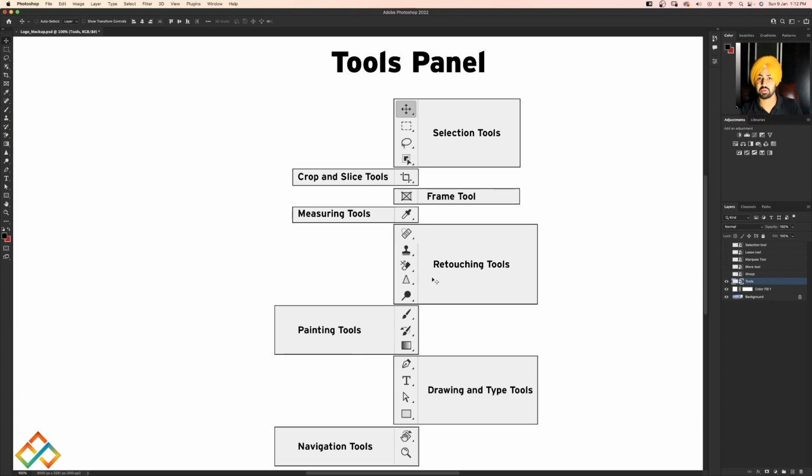And the next 5 tools are used for retouching any image, and for painting there is another category like paintbrush and gradient, and for drawing and type there are the pen tool, type tool and object tool. Then the navigation tools: this is a rotation tool, and this is the zoom in and zoom out tool. So these are the 8 categories of the tools panel, but today we are just going to learn about the selection